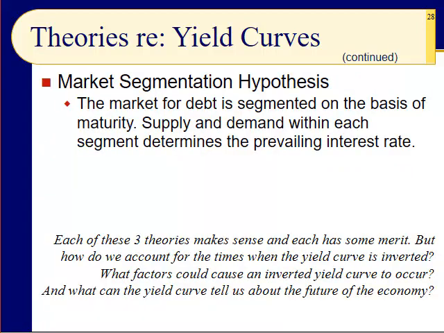And then the last one is the market segmentation hypothesis, which means there's a supply and demand curve, you economics students, in every maturity level. So there's supply and demand going on for 6-month securities, for 2-year, 5-year, 10-year, 30 years. Even though we think of the bond market as one big huge thing, just like the stock market, there are different components of it. And again, this one makes perfect sense. This one makes sense too. So they all make sense.